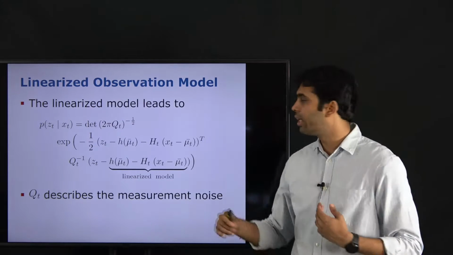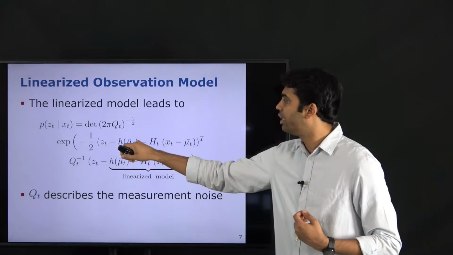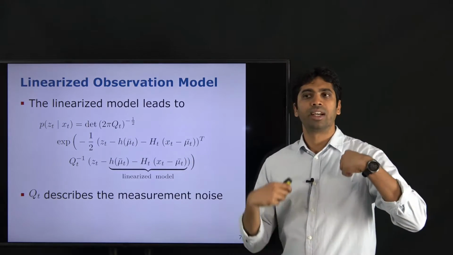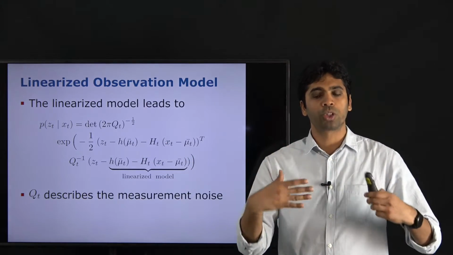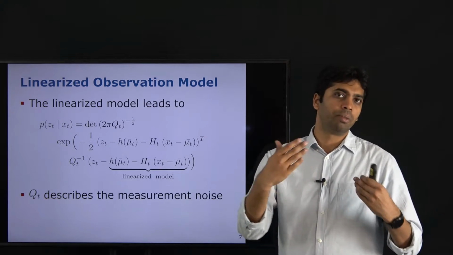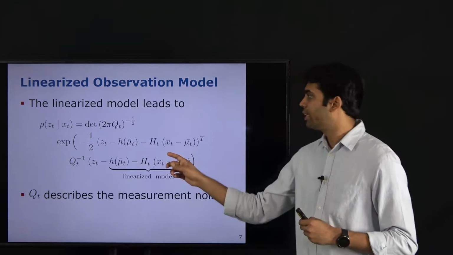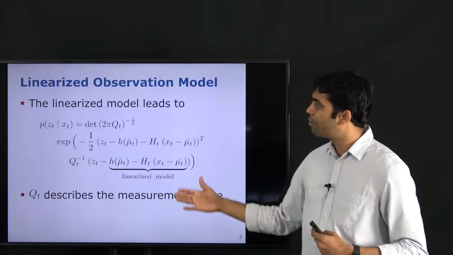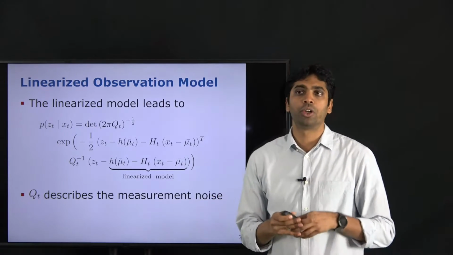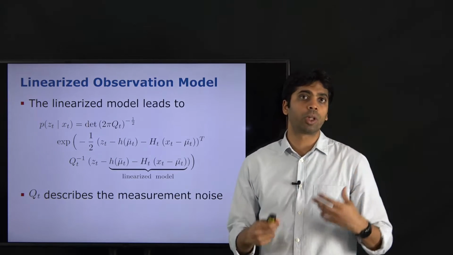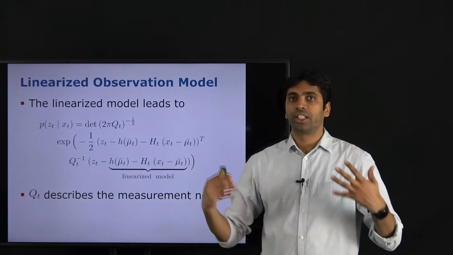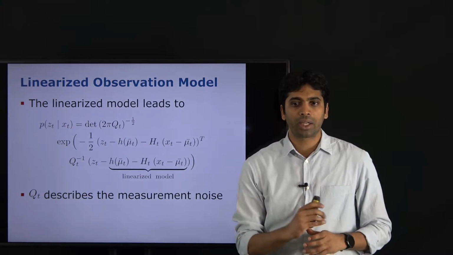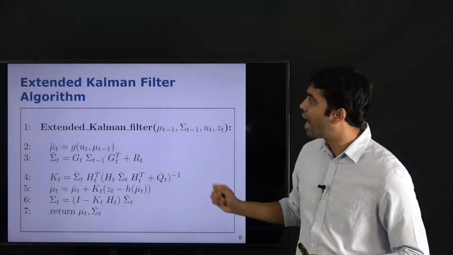And what we find now is you linearize around mu t bar, which we'll see is the estimated pose or the estimated state after you propagate your motion into it. So basically you do a linearization also on your measurement model, and then you end up with a distribution for your measurement model which is also Gaussian and linear. So given these two conditions, we can then go back to our nice algorithm that we had from the last lecture,